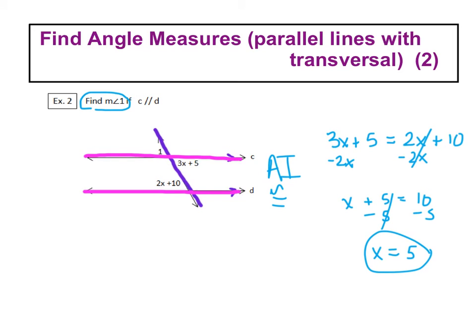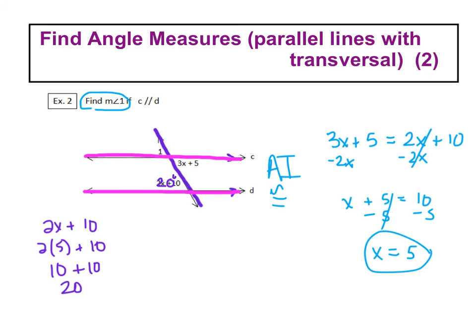So if we plug in the 5, let's say we look at the 2x plus 10, and you really could use either one because you'd get the same answer. Plug in 5 for x, so we have 10 plus 10, this is 20 right here. Kind of messy. So if that is 20